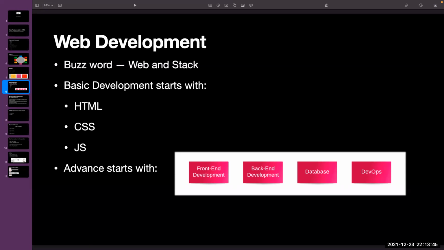And database is a big storage place where data is stored. And DevOps is where front end, back end, and database, all 3 are deployed on the internet so that lots of users can access it. That work is done by DevOps.